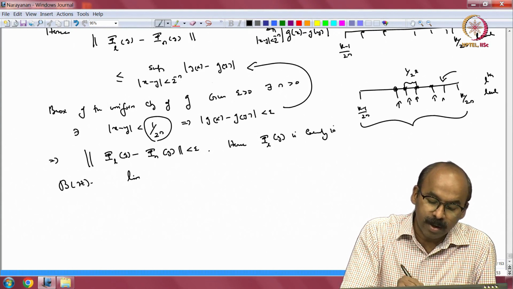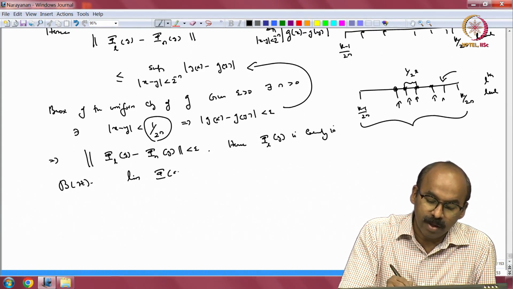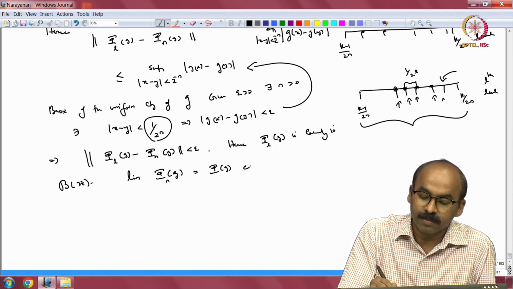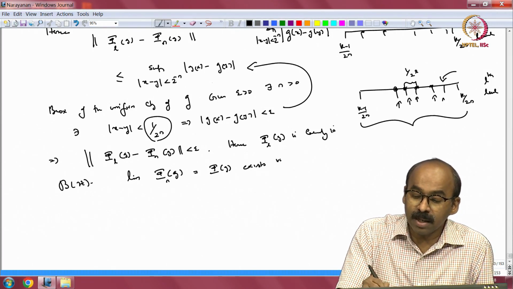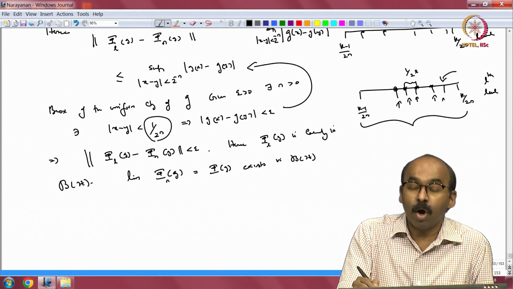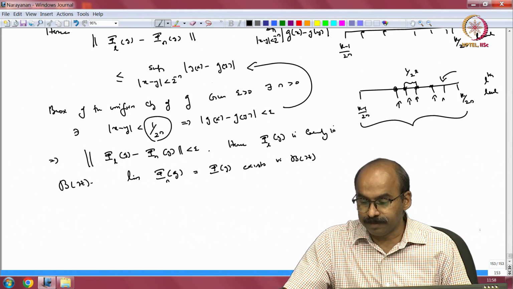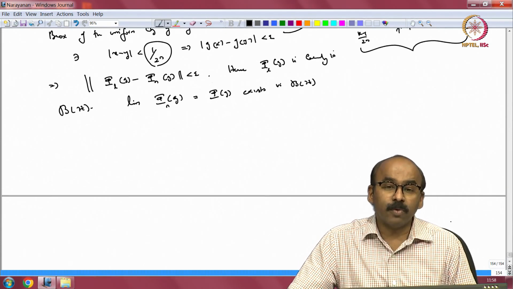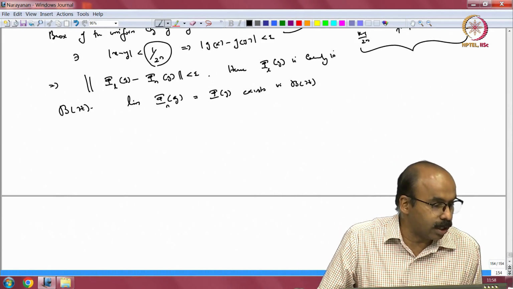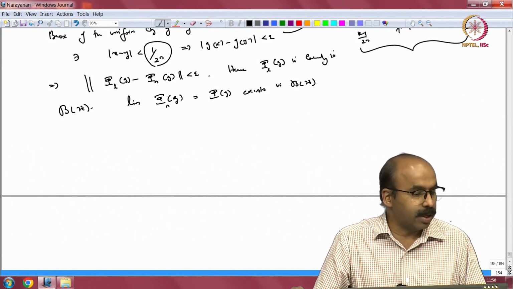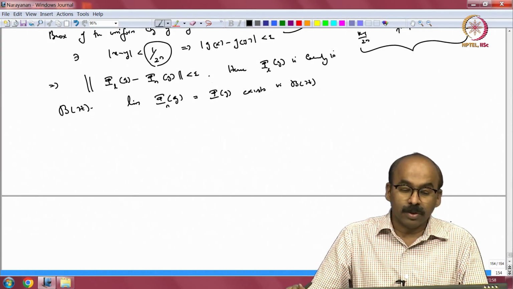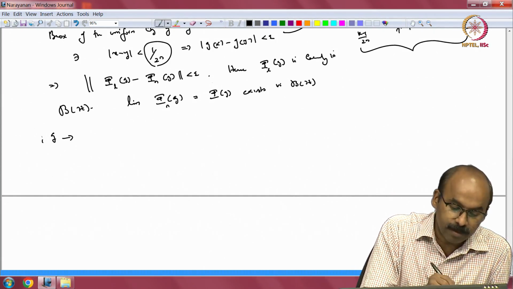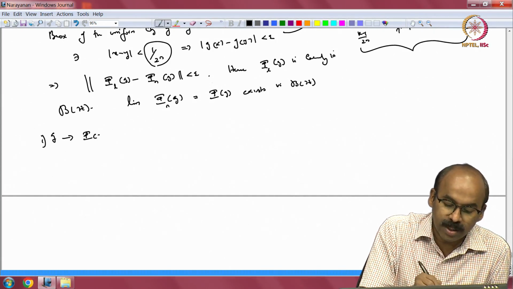So, the limit of phi_n of g, equal to phi of g, exists in bounded operators on the Hilbert space, right. So, B(H). Okay. So, that proves that the limit exists, but we still have to prove the properties, right. So, let us look at the properties. So, property 1: g going to phi of g is linear,